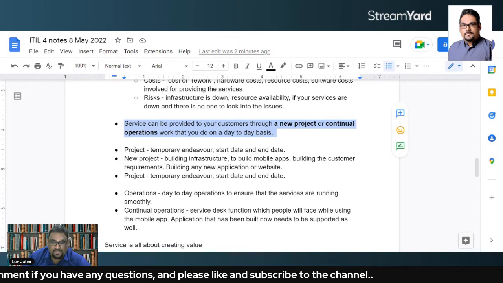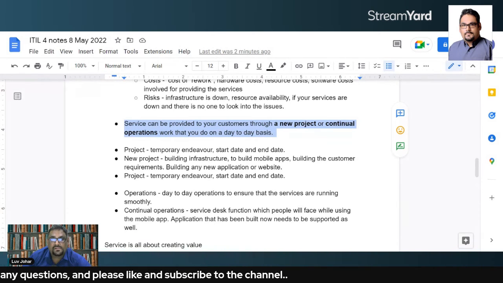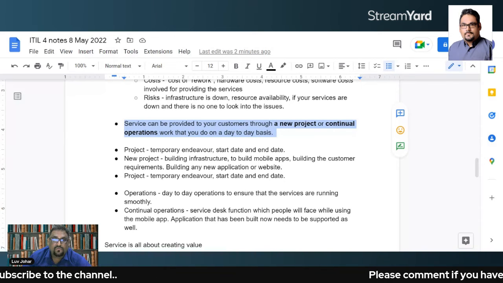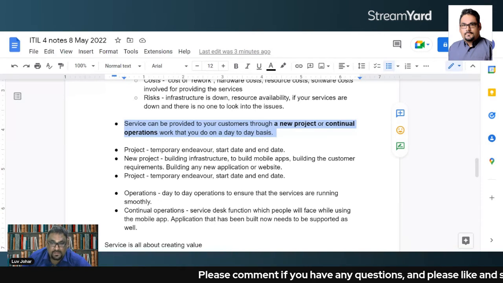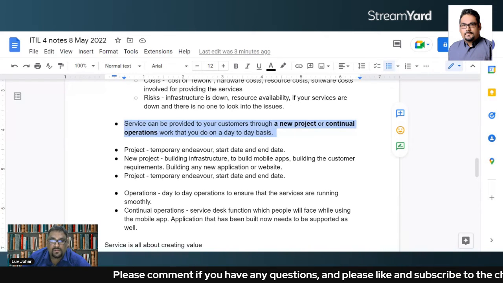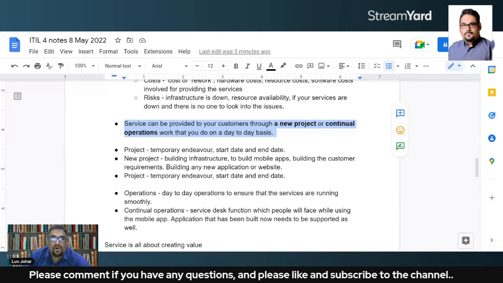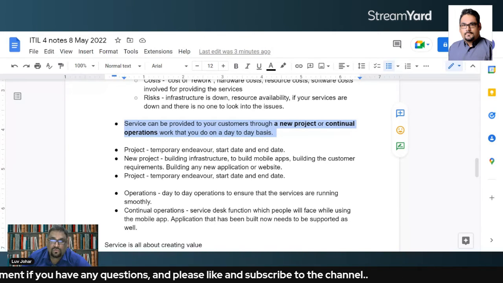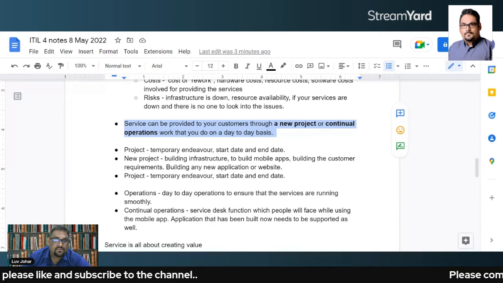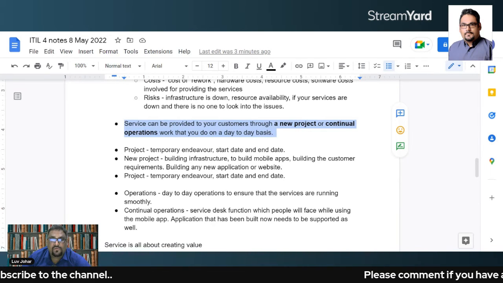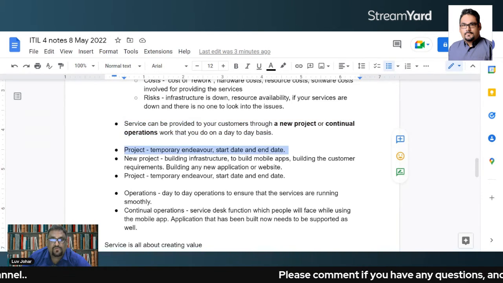So there are two ways to do that. Firstly, you do that through any new project. You create a project, you start a new project for anything new that you want to introduce to the organization, or you can do that through continual operations, the work that you do on a day to day basis. So, what if you do the project? What if you provide service through a project? Then